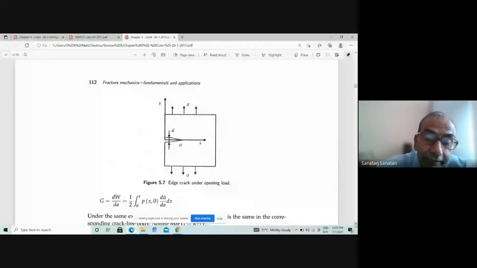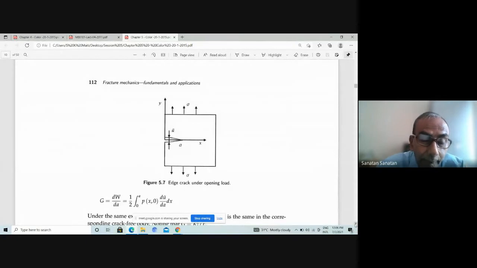So if you try to see, the work done is nothing but actually P x a. The loading on the line x equal to 0, if you just think of an uncracked plate and this is loading, then along the x-axis the loading will be p x0, because it's not the y stress along the line y equal to 0, from x equal to 0 to a. In that case, work done is going to be half Px du, I'm sorry, it is just Px0 u bar dx.